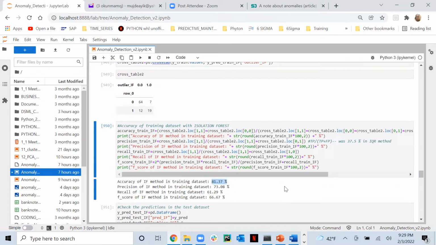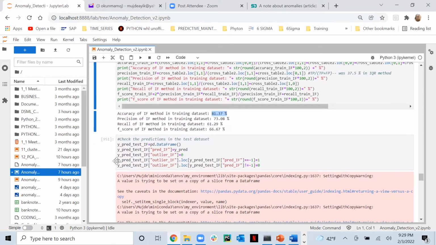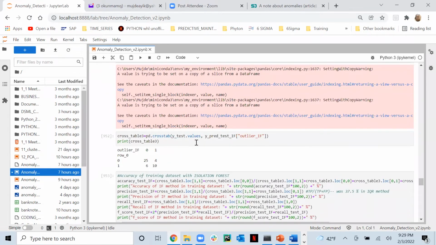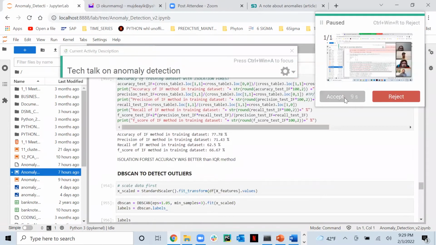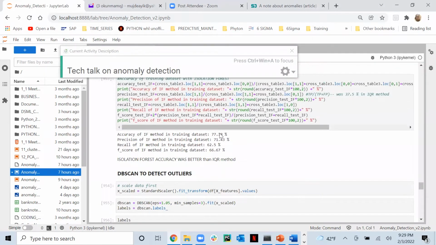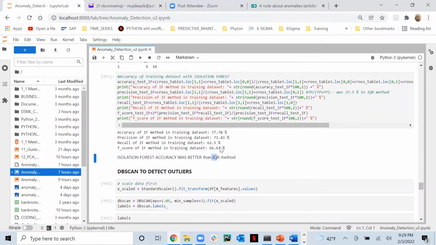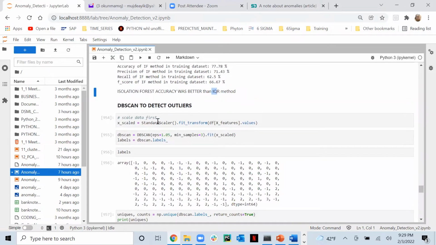is better than our simplest approach. And I do the same thing on my test data, and I get again about 78%, 80%. We could do some manipulation to decrease the overfit, but overall we can say isolation forest is doing better in that case than the IQR method. And finally, I wanted to use DBSCAN,